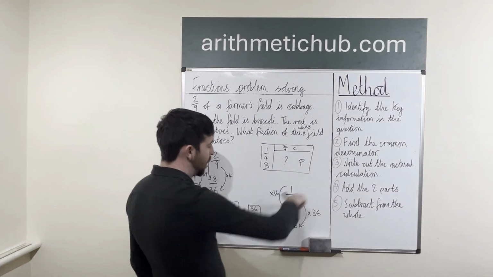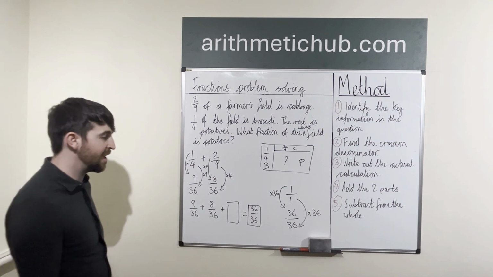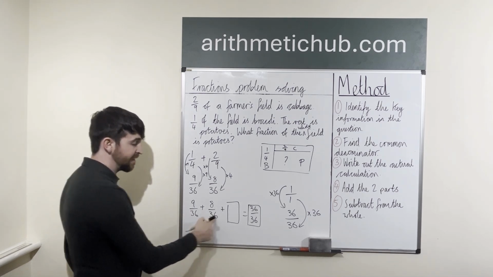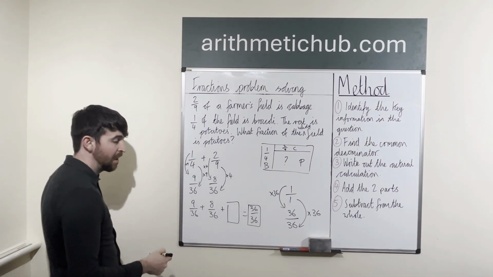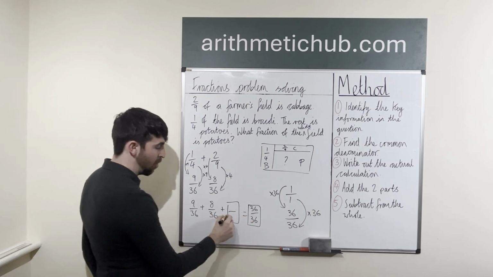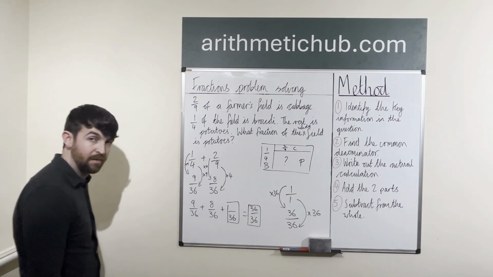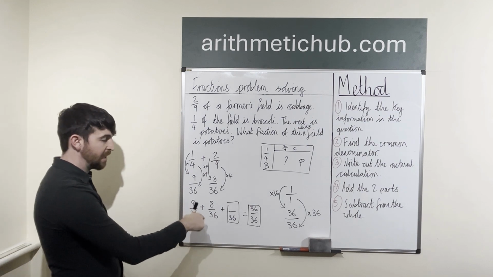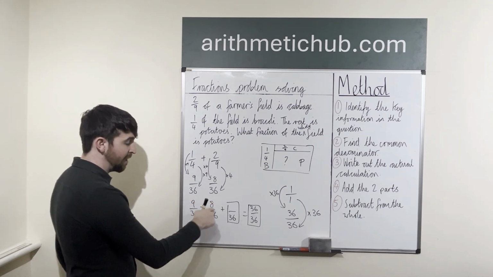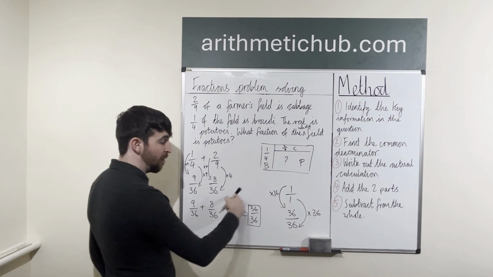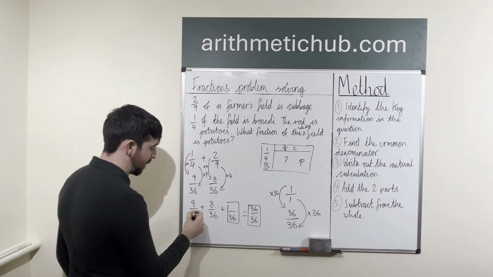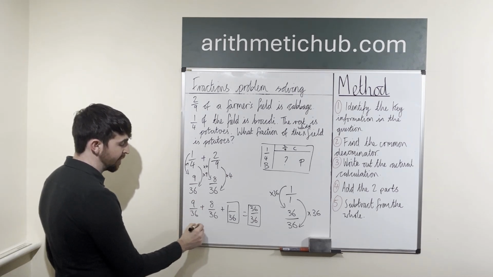Now by writing out the calculation, this has become a really easy calculation to be able to solve, hasn't it? Because I've got 9 over 36, add 8 over 36, add something that's going to give me 36 over 36. I've got a common denominator. All of these are going to have to be 36. So now, all I need to do is say, right, okay, well this is in 36 as well. I need to work out what these two have given me so far, and what I need to add to that to give me 36 over 36. 9 add 8 is going to give me